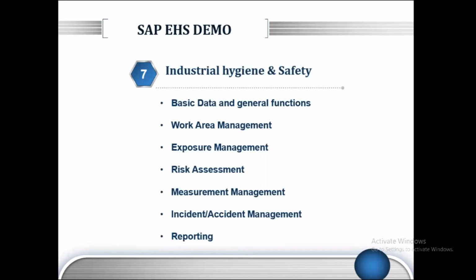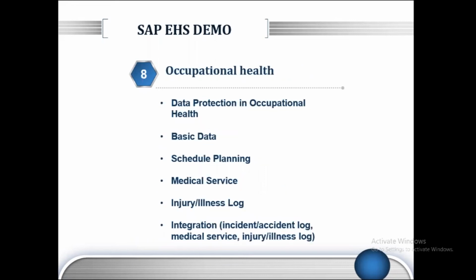Fine. So this is your industrial hygiene and safety. And the last part is your occupational health. This component is very important because it has directly to do with the health of the employees. As an employer, you are responsible for the health and well-being of your employees. And in order to fulfill your duty as an employer, this component will be very helpful to